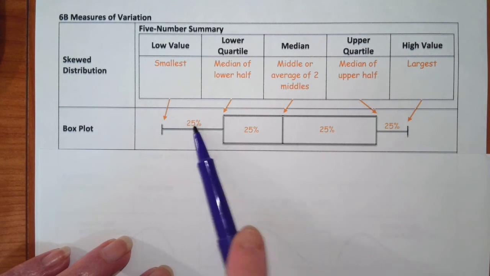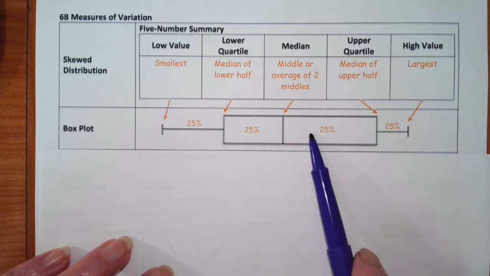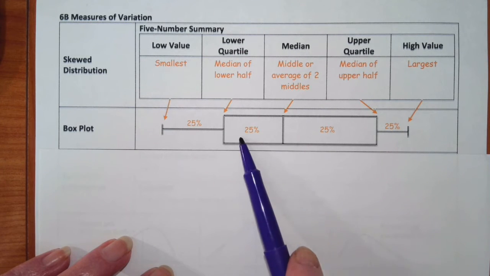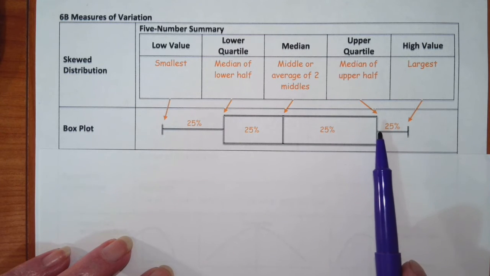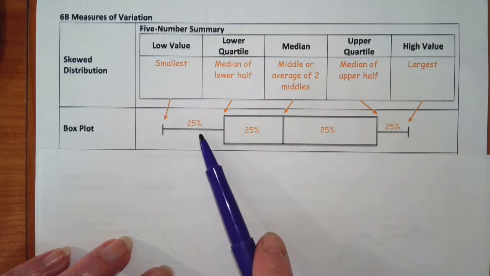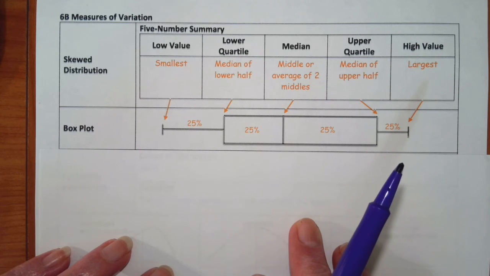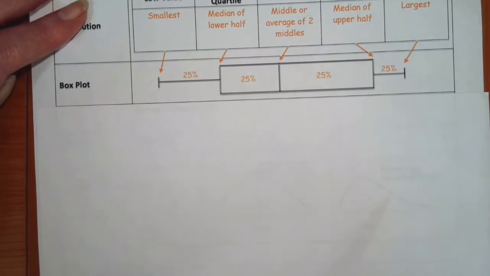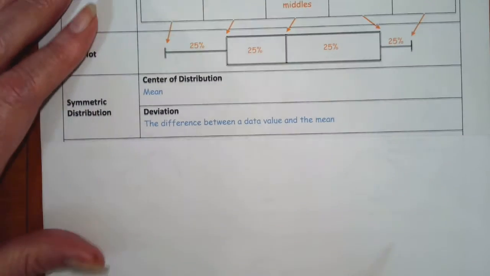So you've got 25% here, 25% here. Notice the sizes of these boxes and these whiskers are different, but each represents 25% of the data. If this were symmetric, all of these would be the same size. Okay. Now, if we look at a symmetric distribution,